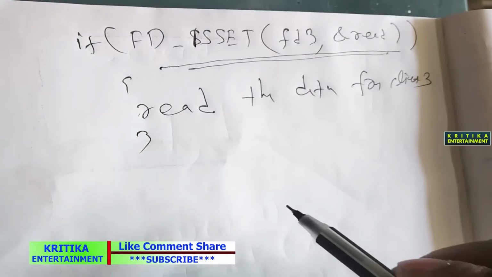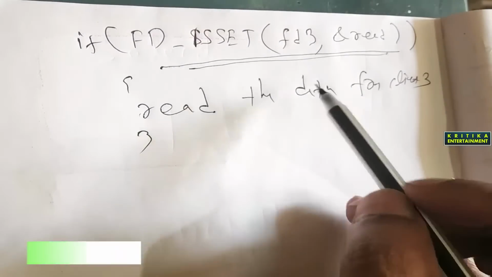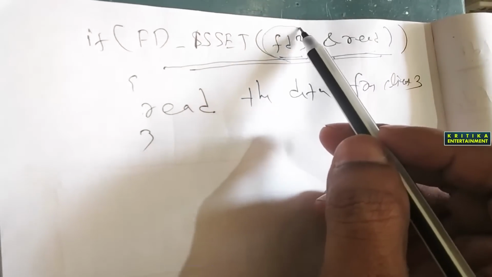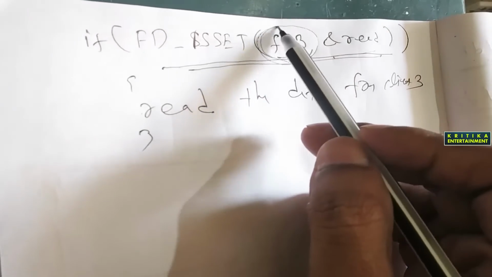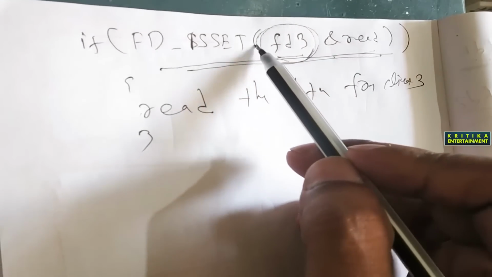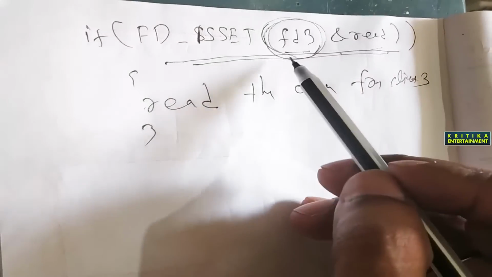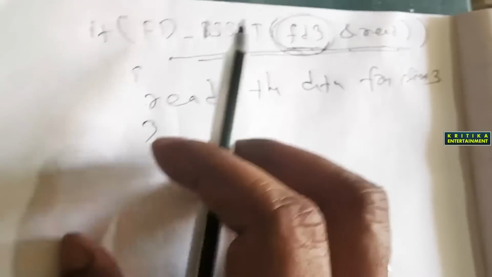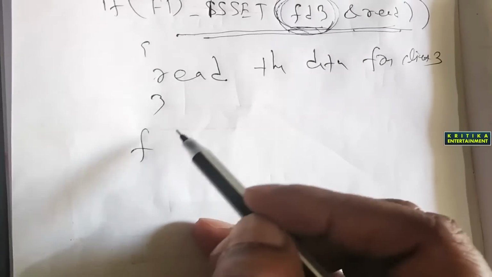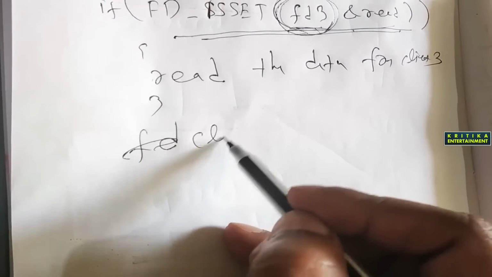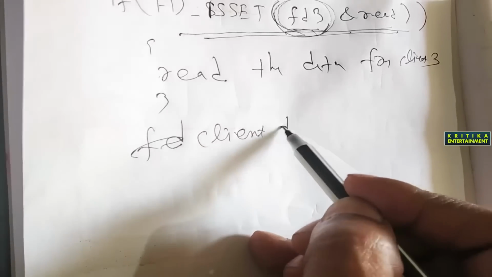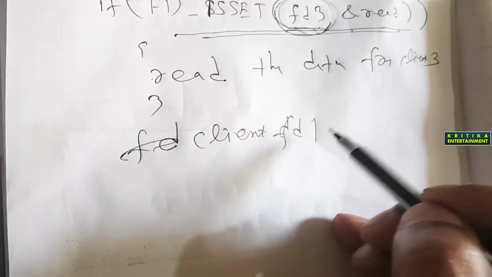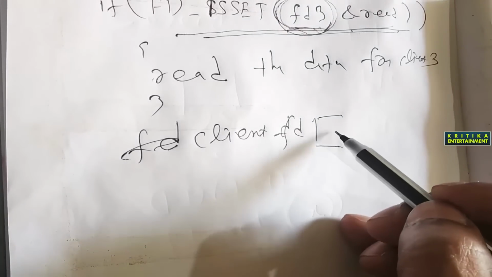Okay, you will check FD3 individually from FD2. If a number of FDs are used, I don't know how many clients are connected to the server. So in this case, what will we do? We declare an array of type FD. What will we write here? Client FD. I'll declare client FD. Then what? The array value.